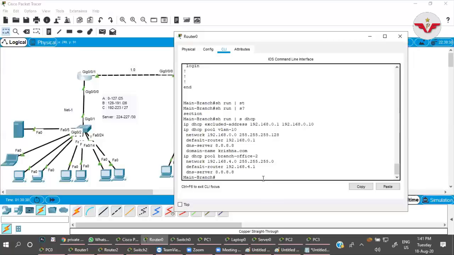What is the command? Show run. If you want to check only the DHCP section, pipe section DHCP. Okay, I will write it down. Okay. Now the second is show IP DHCP